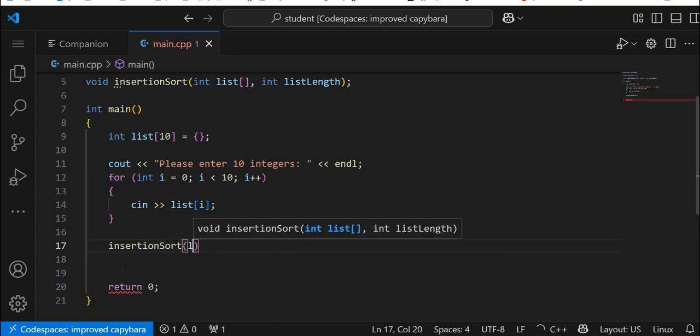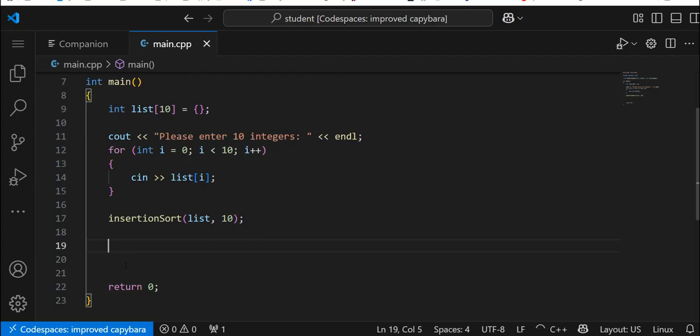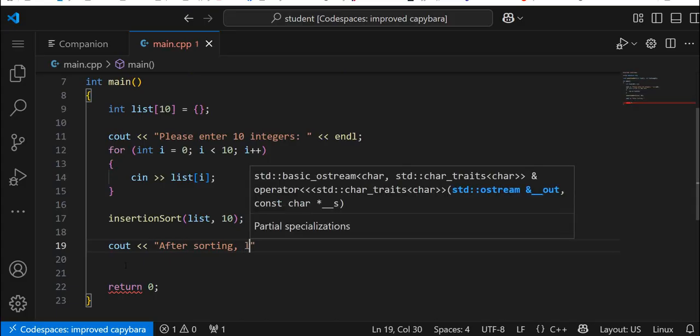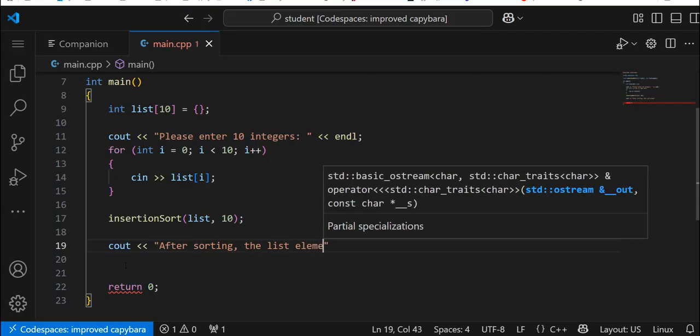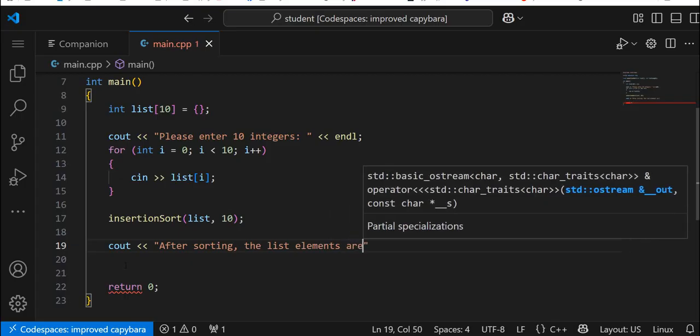This is going to be list, comma 10, to sort. cout, after sorting, the list elements are, so comma, after sorting, comma, the list elements are,